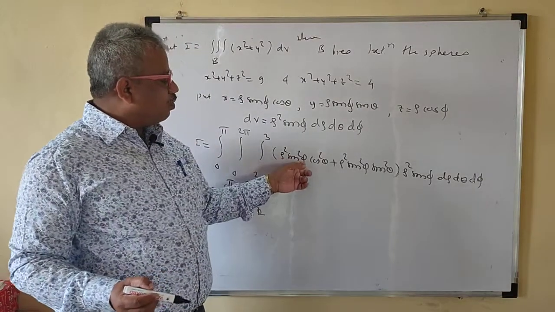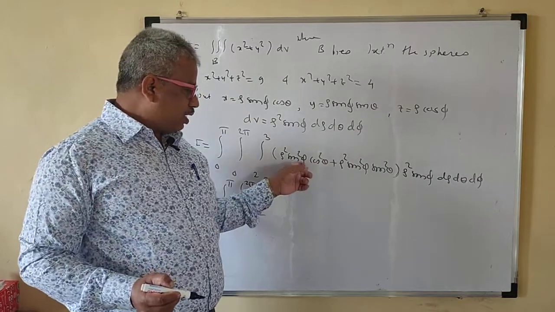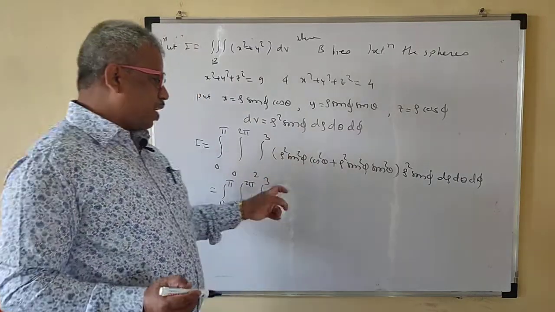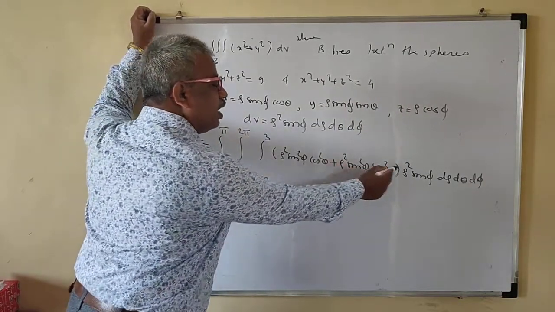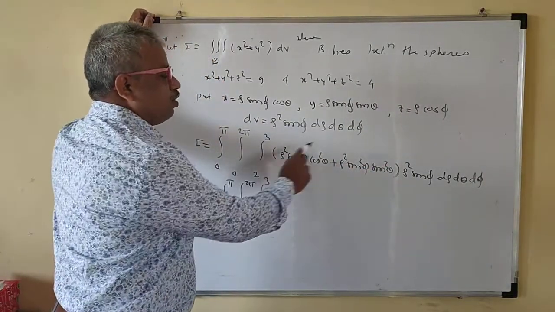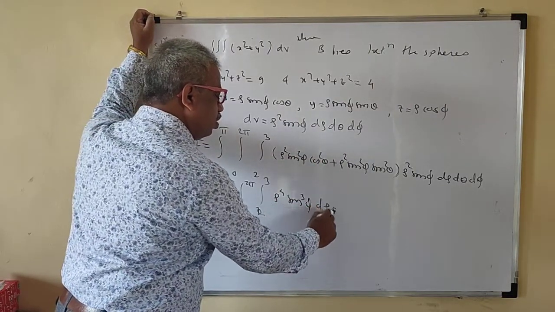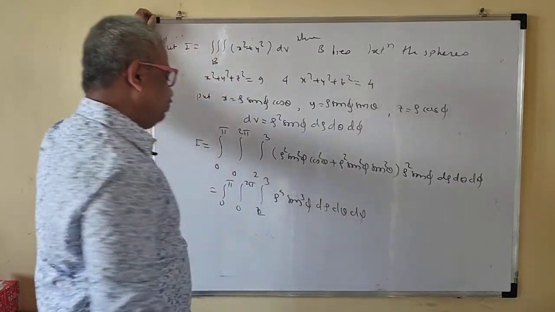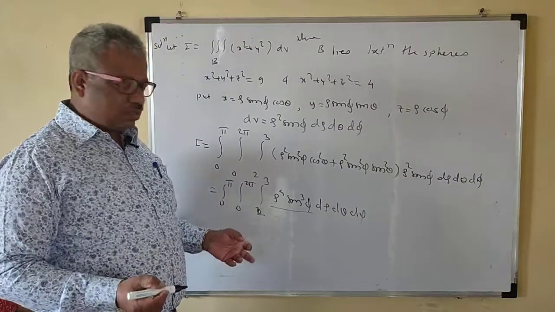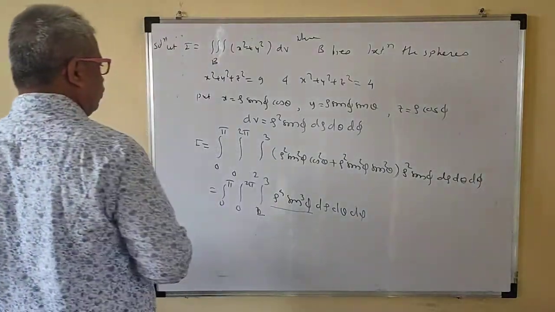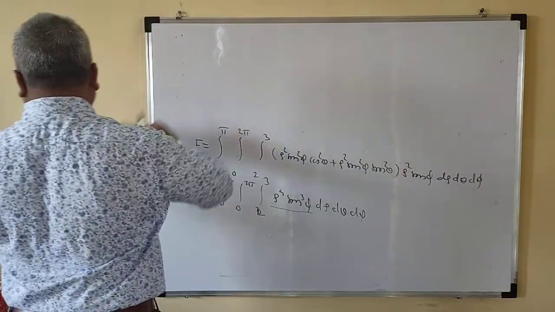See, if you take rho square sin square phi common, what do we get? Cos square theta plus sin square theta. So this is rho square sin square phi. Again rho square is there, so this is rho to the power 4, from this rho square and this rho square. Here we have sin square phi and that sin phi, so we get sin cube phi d rho d theta d phi. Again this is the product of three functions. You can separate this. So how can we write this?